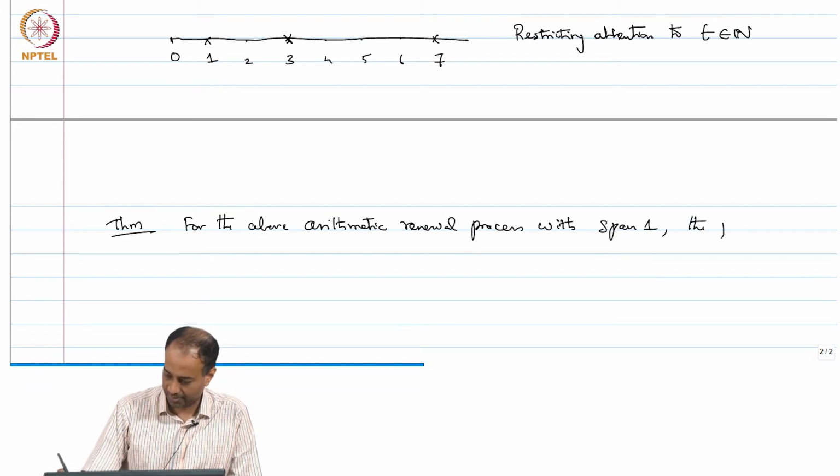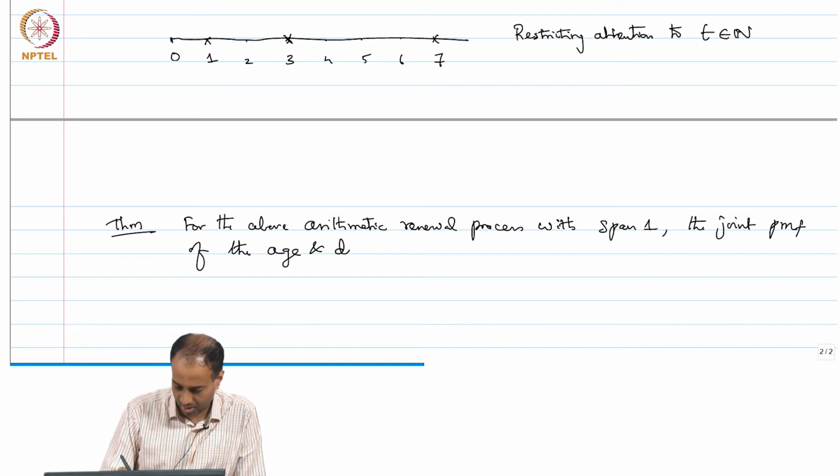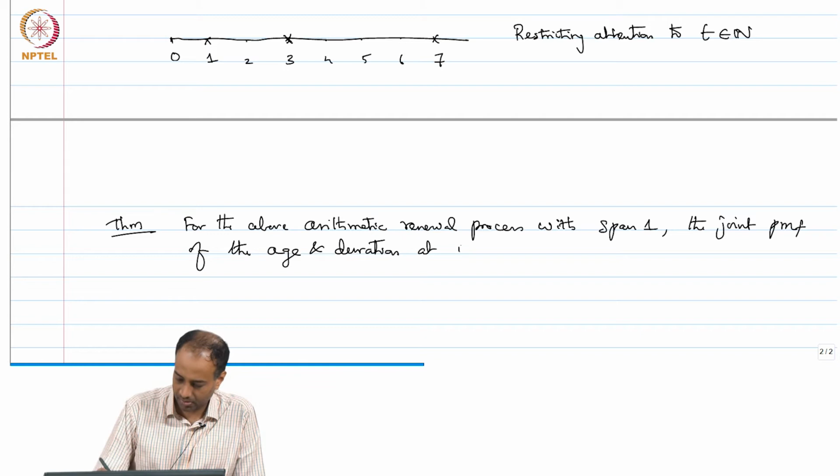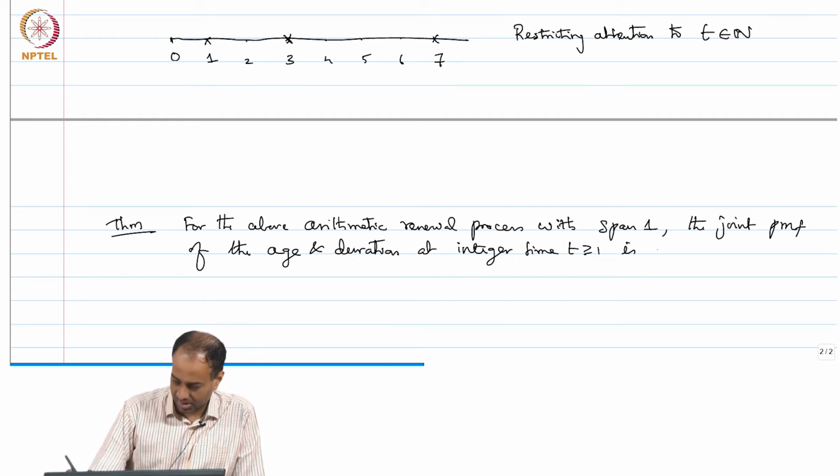The joint PMF of the age and duration at integer time t is given by